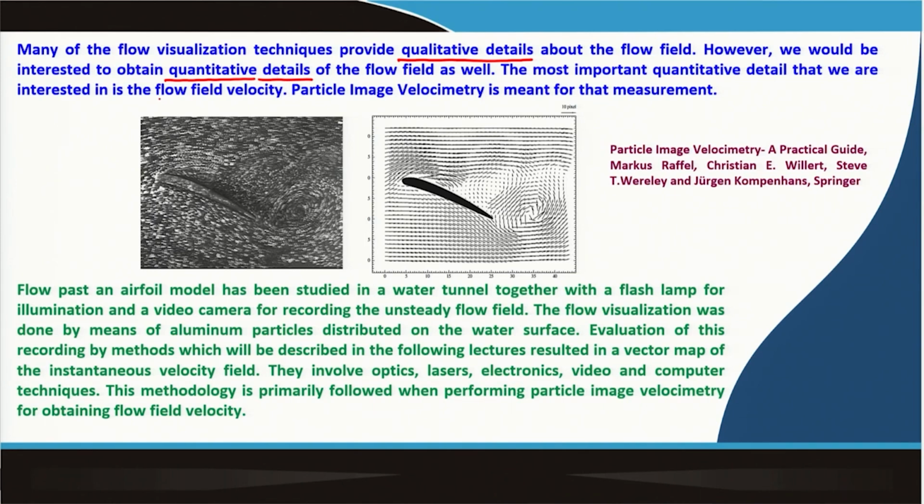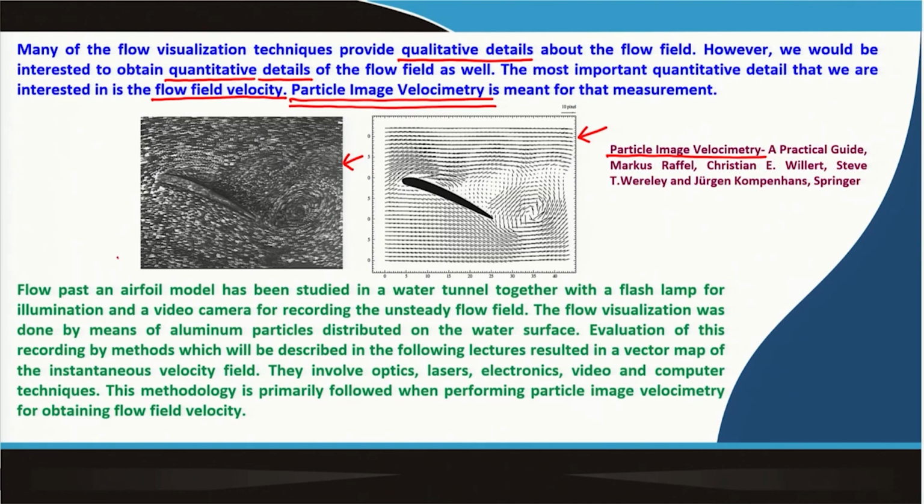Let us say we are interested in the flow field velocity. Then we cannot get direct information about that from those measurements very accurately. Particle image velocimetry addresses the issue of flow field velocity measurement. This is a very useful reference. Two images have been taken from this reference to give you an overall idea about what particle image velocimetry tries